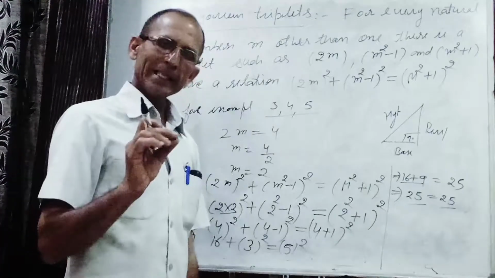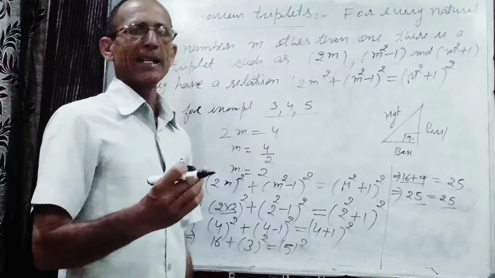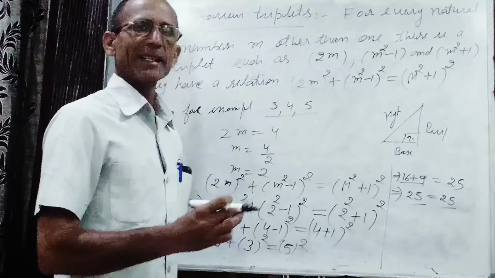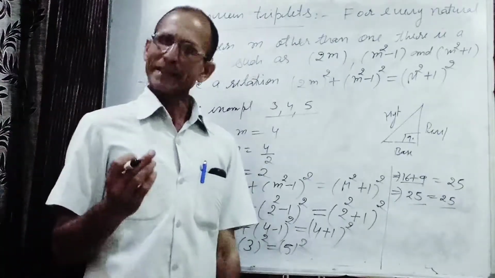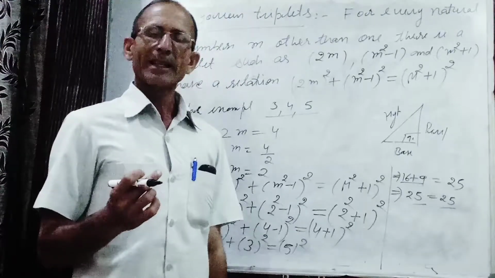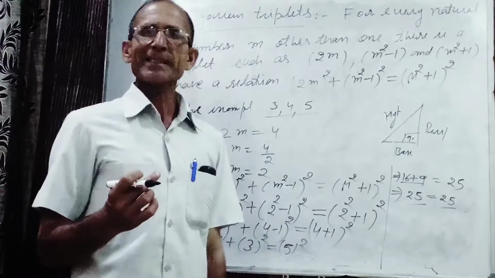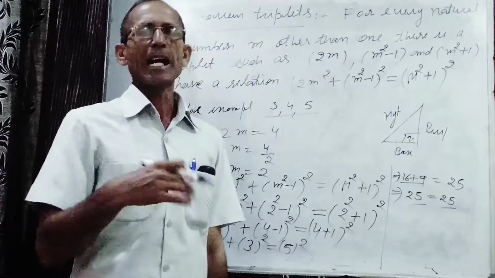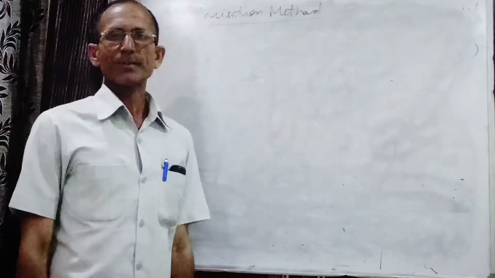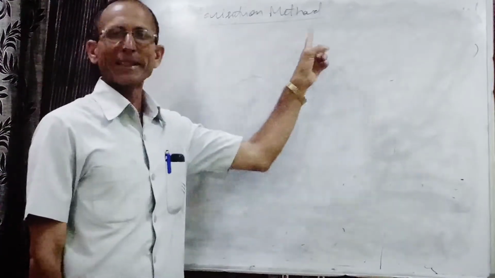Next topic, I will tell you how to find the square root by different methods. There are a few methods. First is the factorization method. Second is the column method. Third is the diagonal method. Fourth is the long division method. Next is the estimating method, and after this, by using tables, we can find the square root. So the first method for finding the square root is the factorization method.